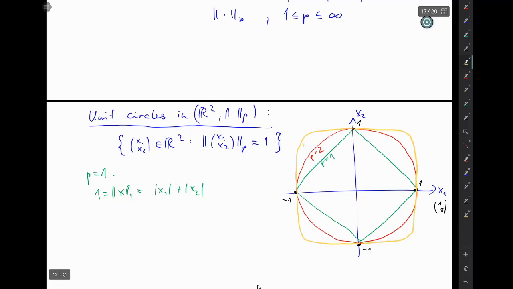Let me write p equals 10 here. Okay, and the fact that the infinity norm is just the limit of the p norms as p goes to infinity gives us already an idea of what the unit circle in the infinity norm will look like, but let's do